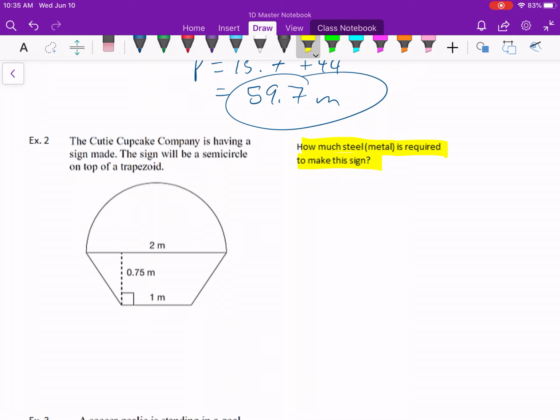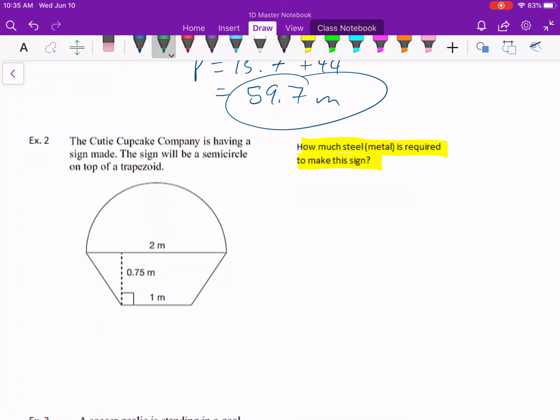In this case, we're not just talking about outlining it. We're not talking about a fence or going around the outside. We want to know the total area of what this sign's going to be made of. Apparently it's going to be a couple pieces of steel, or maybe one piece of steel cut into this shape. But it's definitely two distinct areas, right? Let's stick with